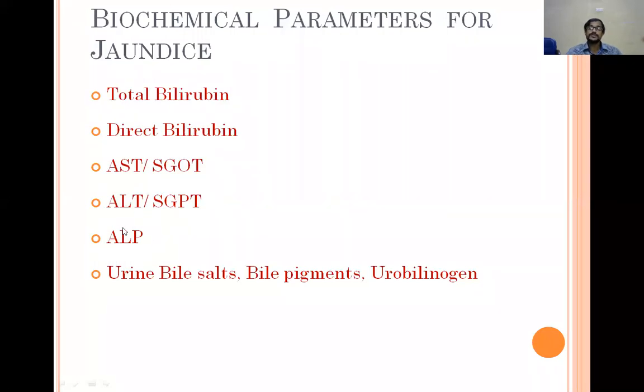And coming to obstructive jaundice, ALP will be increased in obstructive jaundice, because in obstructive jaundice the defect is in the biliary tract, and this ALP is present in the biliary cells. So as the ALP is present in the biliary tract, the damage to the biliary tract leads to increased alkaline phosphatase. So that's why ALP is increased in obstructive jaundice.